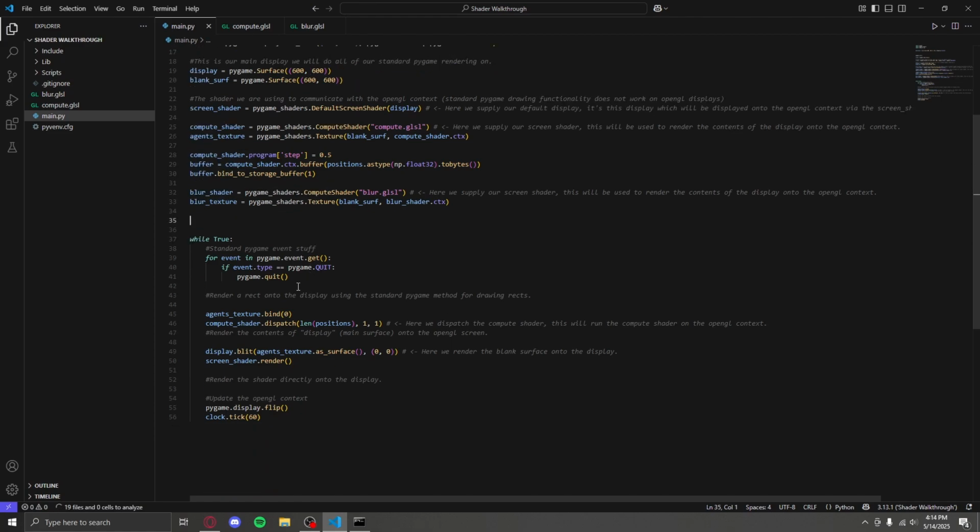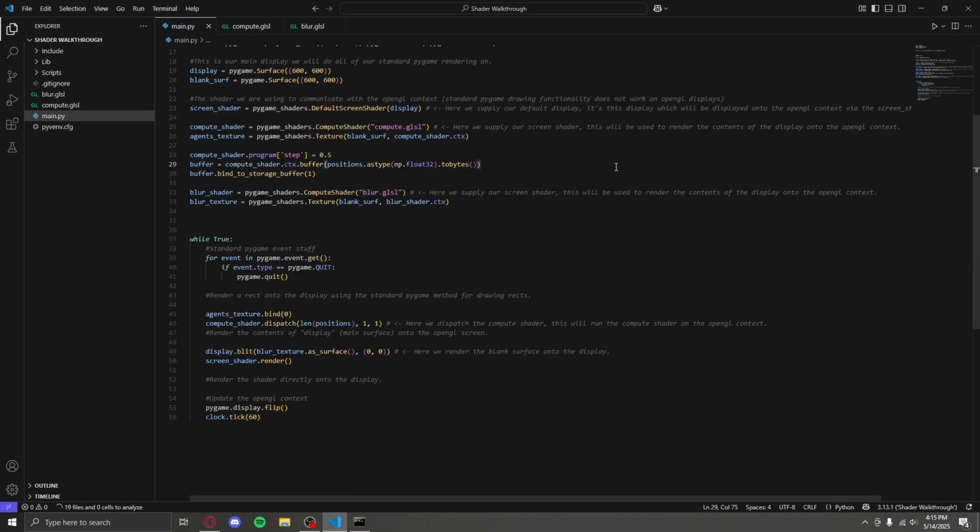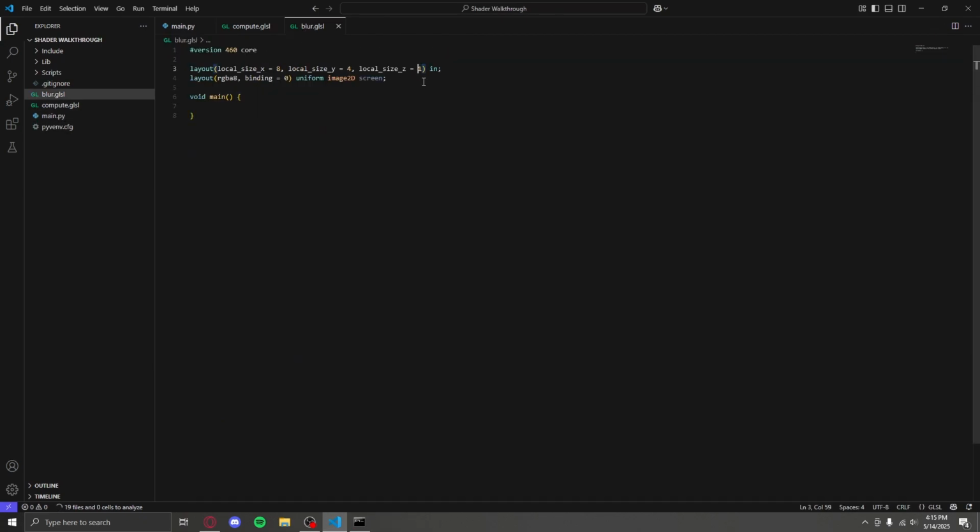So the first thing we're going to want to do is, the blur texture is actually the thing we end up drawing. So number one, change this blur texture. There we go. Blur texture as surface. Does nothing. That's actually what we wanted. So what we're actually going to do is we're going to just change our IDs around a bit. So we're going to source it, and then we're going to lay out RGBA8 binding equals 1 of our uniform image to the destination. Right. So now we're going to take from our destination and put it into our source,